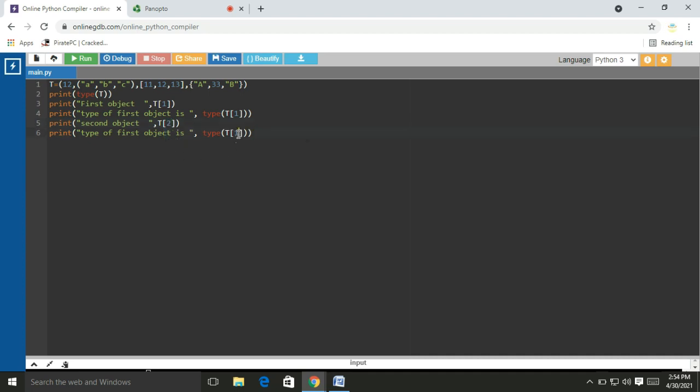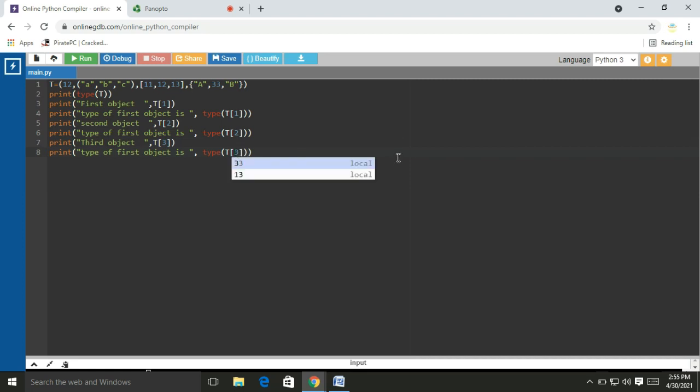The second object type is type of T2. In the same way, the third object is T3. Right? Type of third object is type of T3. I will run this one, friends.